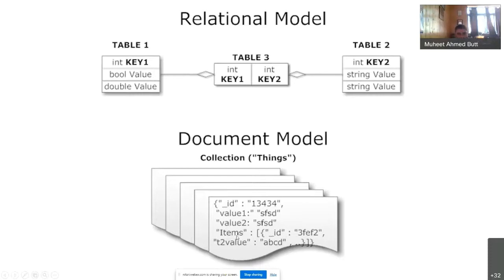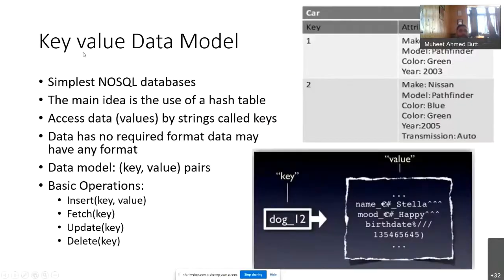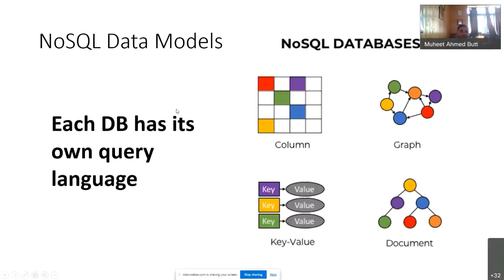For example, here it has one-to-many. There is items, and then there is some other value which has to be stored here. That can also be done. Means what can be achieved in a one-to-many relationship can be achieved here also in a document-based method in NoSQL. Now here, when we talk of these NoSQL databases,